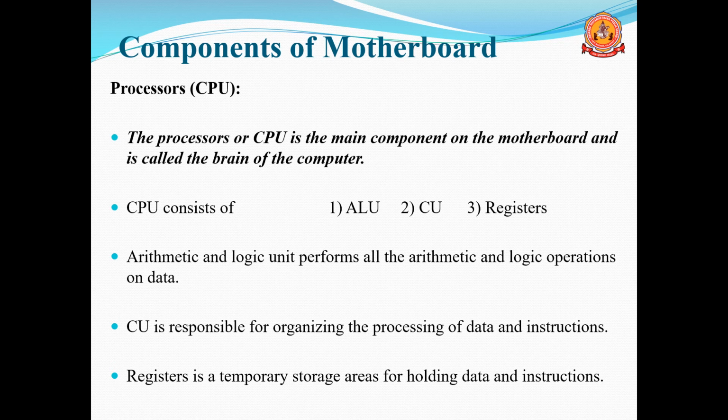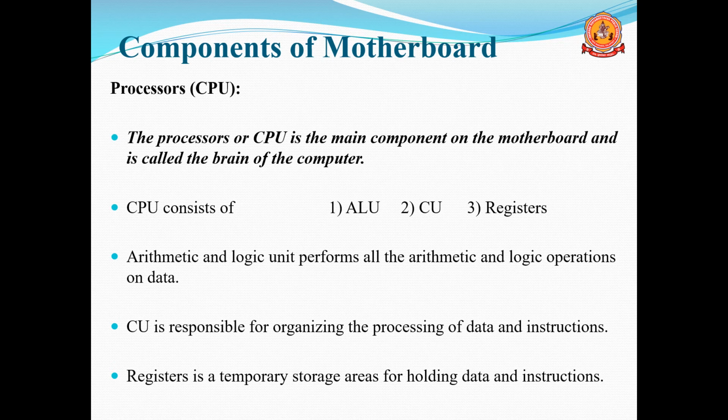That includes data processing, meaning when you have to save the data, when you have to retrieve the data, when data should be displayed to the output devices, when you should input the data, all these operations. And also instructions: the user will give the instructions, and based on that you should execute the instructions one after another. That is also the responsibility of the control unit, or CU.